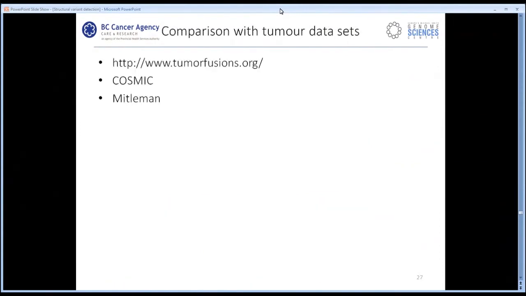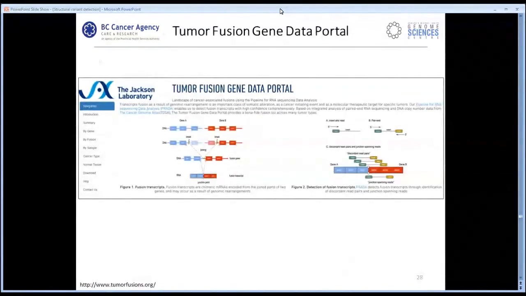So another thing that we can do with the genes once we've identified them is to look at existing databases to see, has this gene fusion been seen before, and if so, what cancer datasets has it been seen in. One of the recent publications is from the Jackson Lab on the Tumor Fusion Gene Data Portal. In this data portal, they have reanalyzed all the TCGA